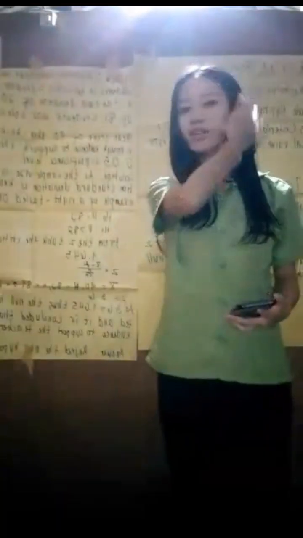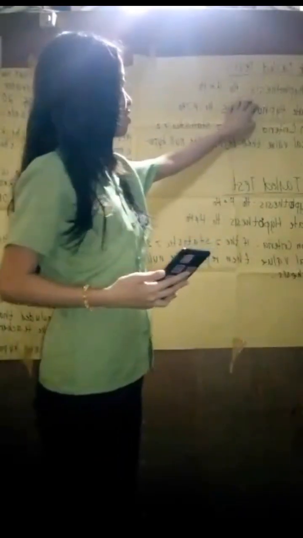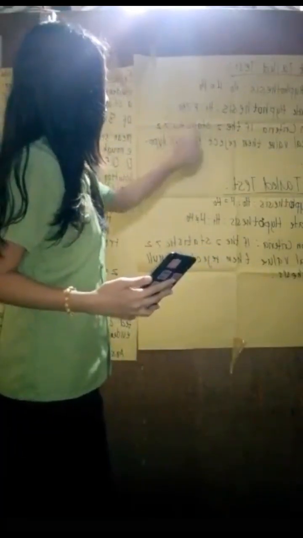So, good morning everyone. This is Shara Glasses, and I will discuss about right tail test. Null hypothesis, or H0, mu equals mu0, and alternate hypothesis H1, mu greater than mu0, and decision criteria: if the Z statistic is greater than the Z critical value, then